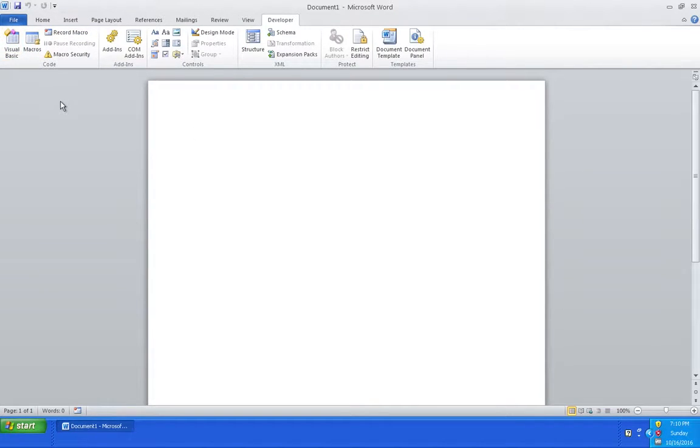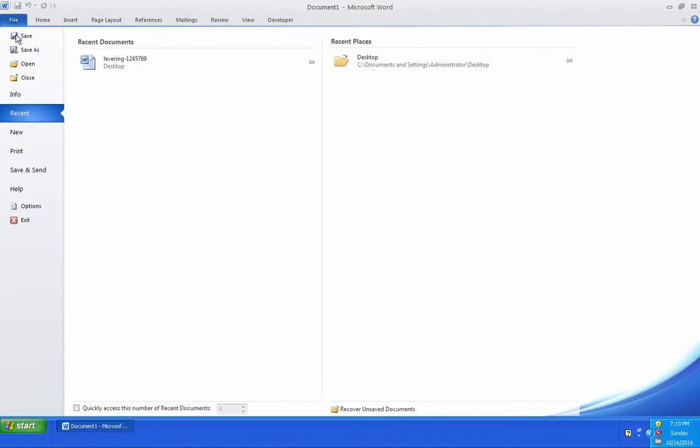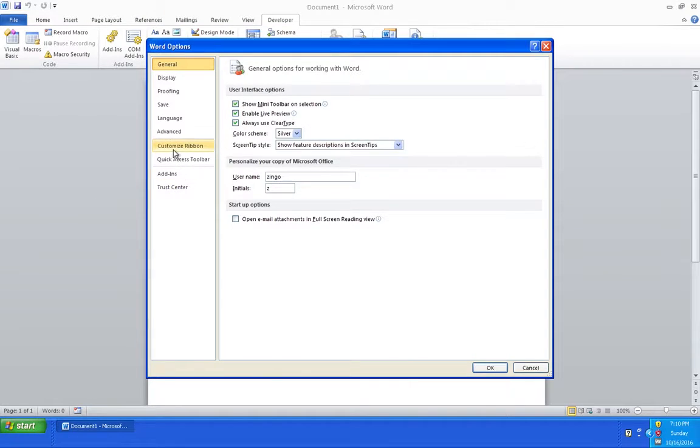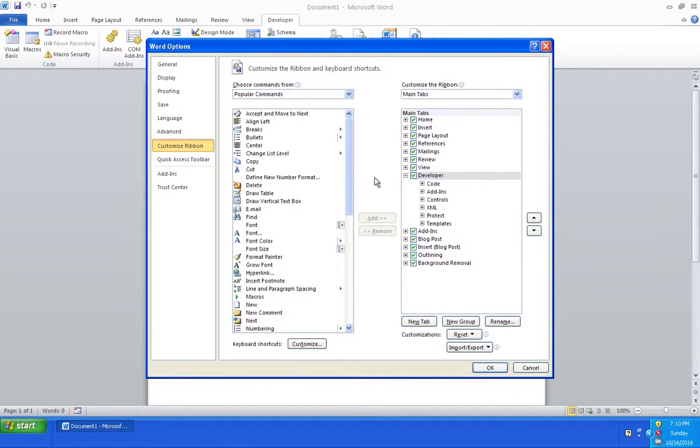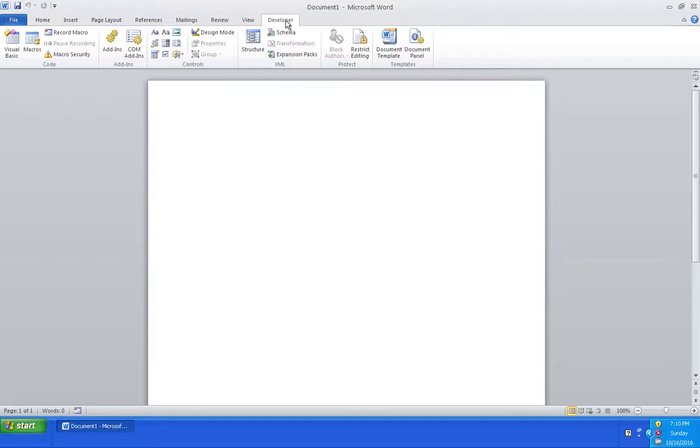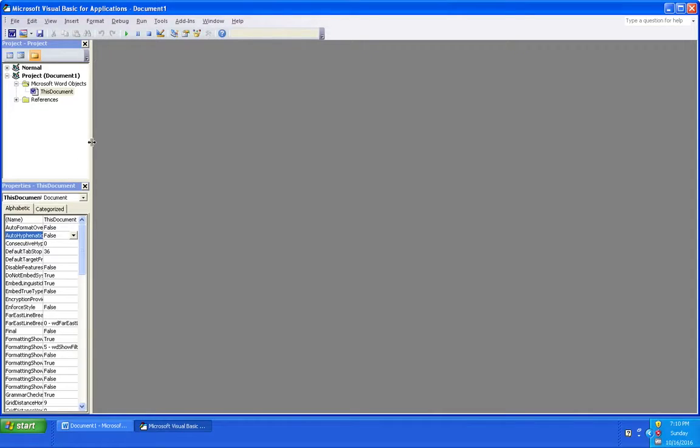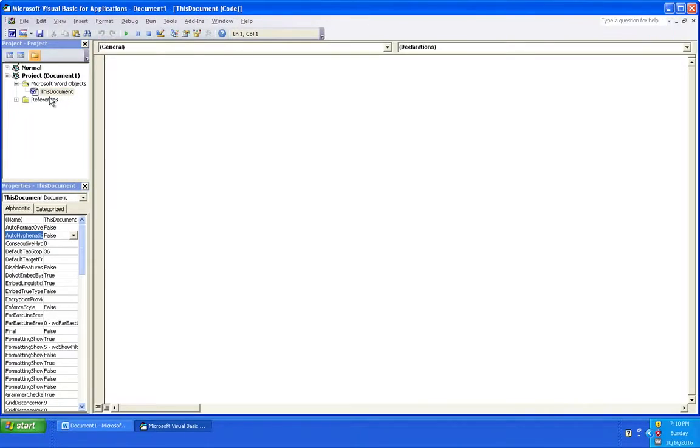We can enable this option by going to File, Options, and Customize Ribbon, and enabling the developer checkbox in this window. Okay, so now we have this developer tab here, and we go to the Visual Basic editor. It will give us this window, and if we double click on this document, it will give us an editor window. So we'll paste our code